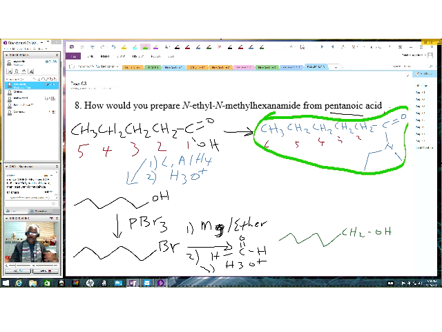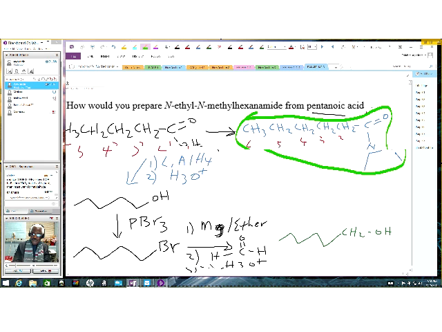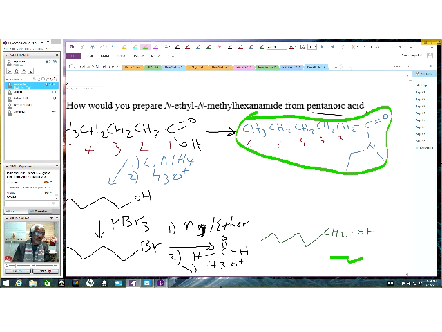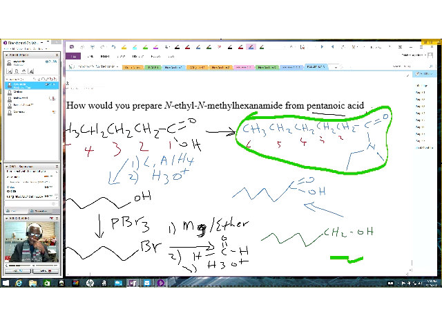Okay, so therefore, what do we need to do with this primary alcohol that we formed here? What do we need to do with it? Oxidize to carboxylic acid. Very good. So we need to oxidize that to carboxylic acid. Let us oxidize to carboxylic acid. Okay, now once you oxidize that to carboxylic acid, then the next thing that we'll do,